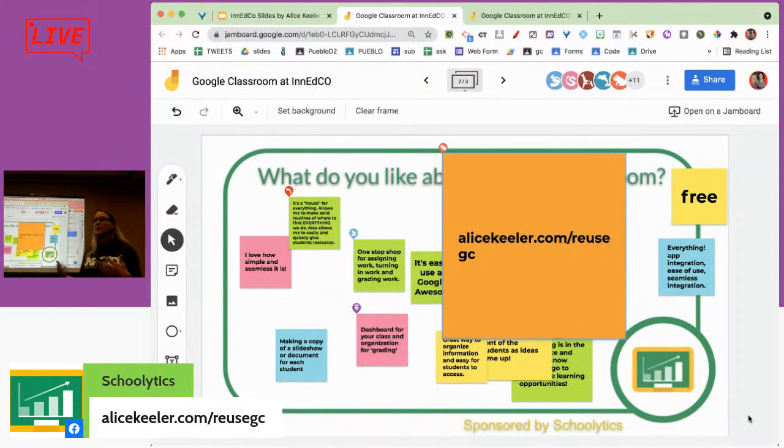And one of the things I really like about Google Classroom is you can only reuse assignments one at a time, because I don't want to be filing cabinet guy. I don't want to just take all my stuff I had last year like it couldn't be improved. Of course it can. Back when I used Moodle, I would reuse the whole class, and I had every intention that I'm going to update it. But then, when you're in the thick of it and you're in survival mode, it's good enough. And I want to go left, but I've already posted everything. And I want to be a lot more flexible for my students.